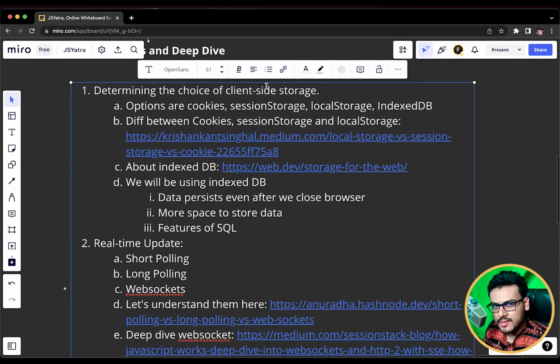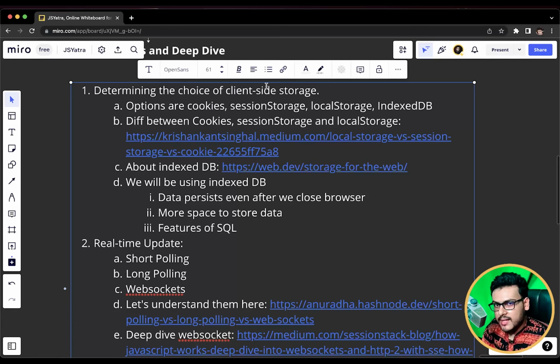So let us first of all think of determining the choice of the client side storage. We have heavily discussed that we are going to need some storage space where we are going to store the data, and we are going to need a lot of space, because there can be a lot of chat between users. You will not be needing just 3-4 MB or 5 MB. You need more than that. The chat can go up to gigabytes as well, and you might need some place to store images also. You need to store URLs, heavy emojis and other stuff. So we definitely need a good amount of storage.